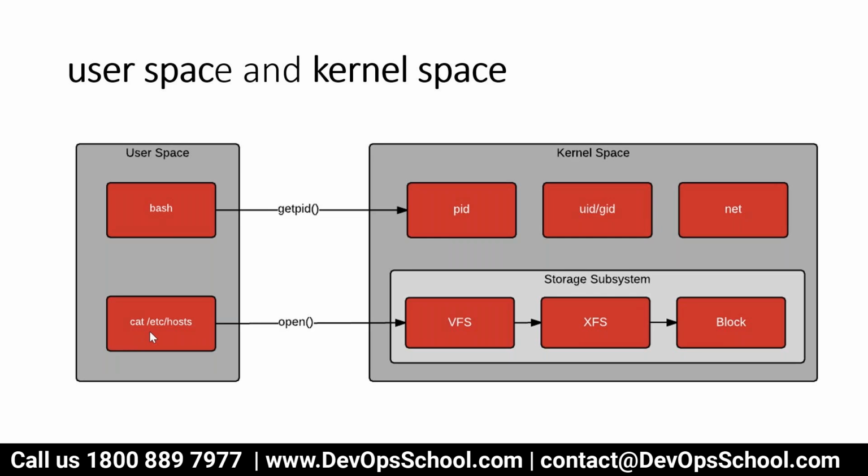After that, when you run the command cat /etc/hosts, this is a user command. Cat is the application and the arguments you are passing. So now this file is hosted by the kernel, right? Storage is managed by kernel, the storage system, different types of it. So here you will make a syscall with the open method, and you'll try to open that file which is hosted in this one. Are you understanding, all of you?